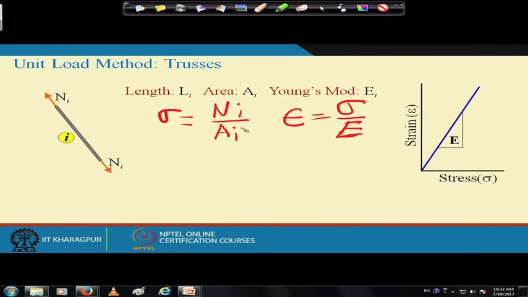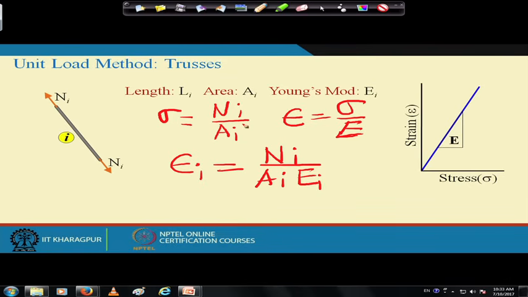Then if the member is subjected to an axial load Ni, this could be compression, this could be tension, then what would be the strain epsilon i in this member? If we substitute sigma here, then what we have is Ni by Ai